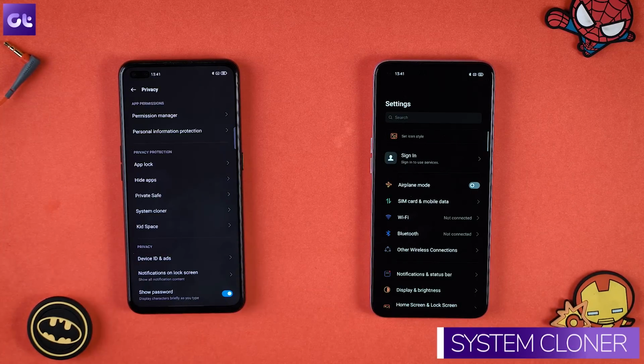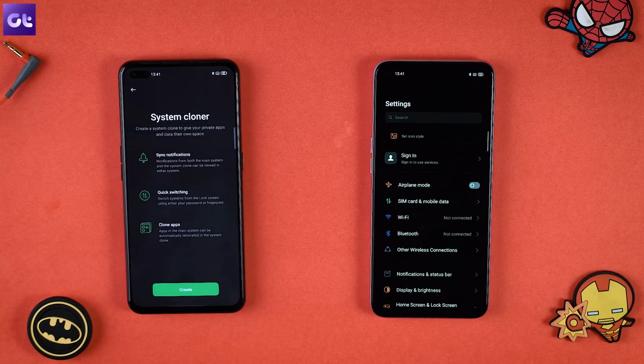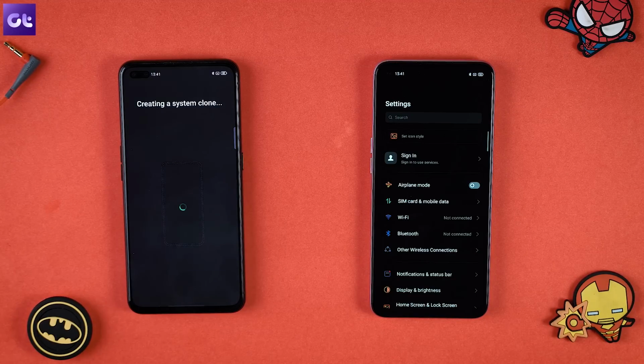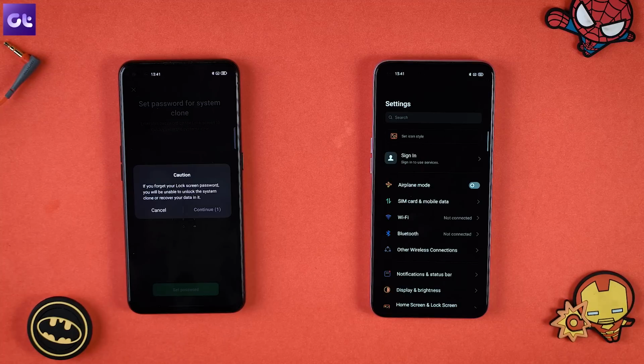Next up we have privacy, and this new feature is exclusive to Realme UI 2.0, which is System Cloner. So System Cloner basically takes multi-user experience to the next level. It allows you to sync notifications from both the users and allows you to basically create a private space of all your private apps and have their own data right there while cloning all those things. While a different user system gives you a different space for everything else, a system clone is basically a clone of your own user in a more secure manner, giving you a more private space.